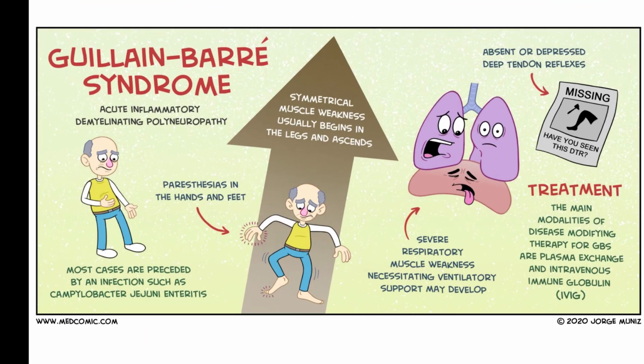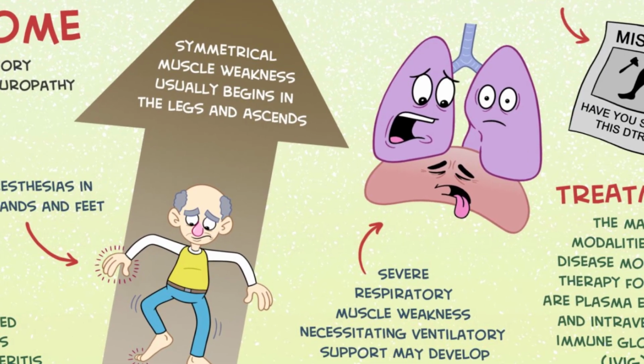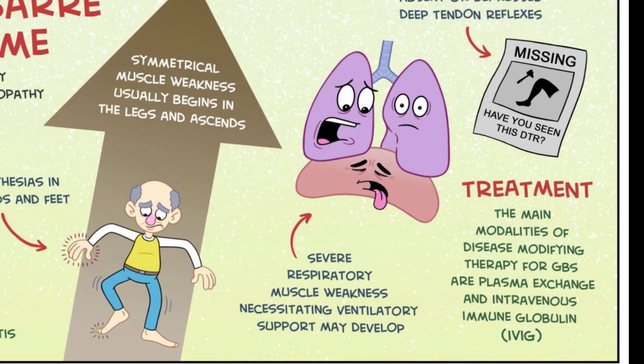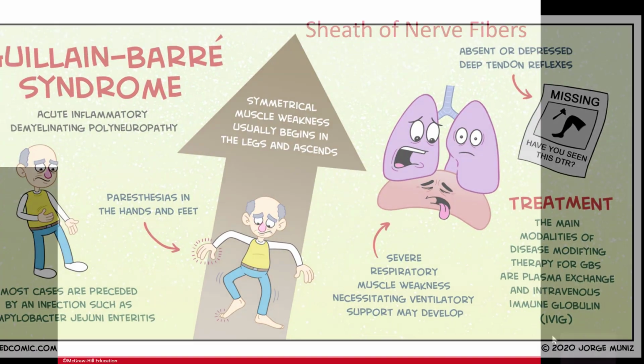The weakness and paresthesia generally starts in the lower limbs and progressively extends to the upper body and eventually leads to uncoordinated movements, inability to walk, climb stairs, and complete the ADLs or activities of daily living independently. Eventually, the weakness will become so severe that the muscles of respiration will become affected and the person will become dependent on a ventilator to breathe. Treatment involves the use of steroids, and recovery of neurologic function is very slow.